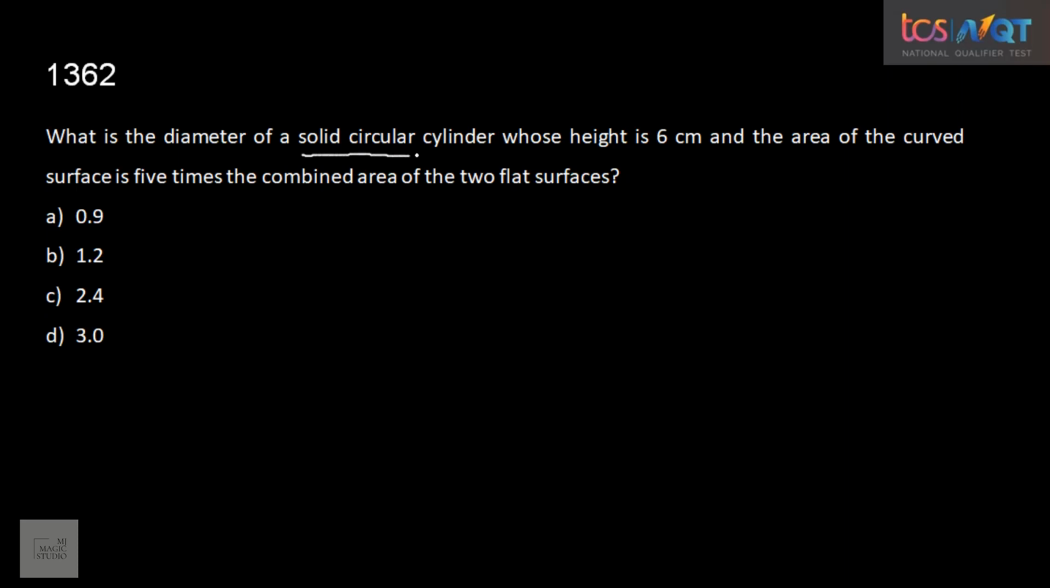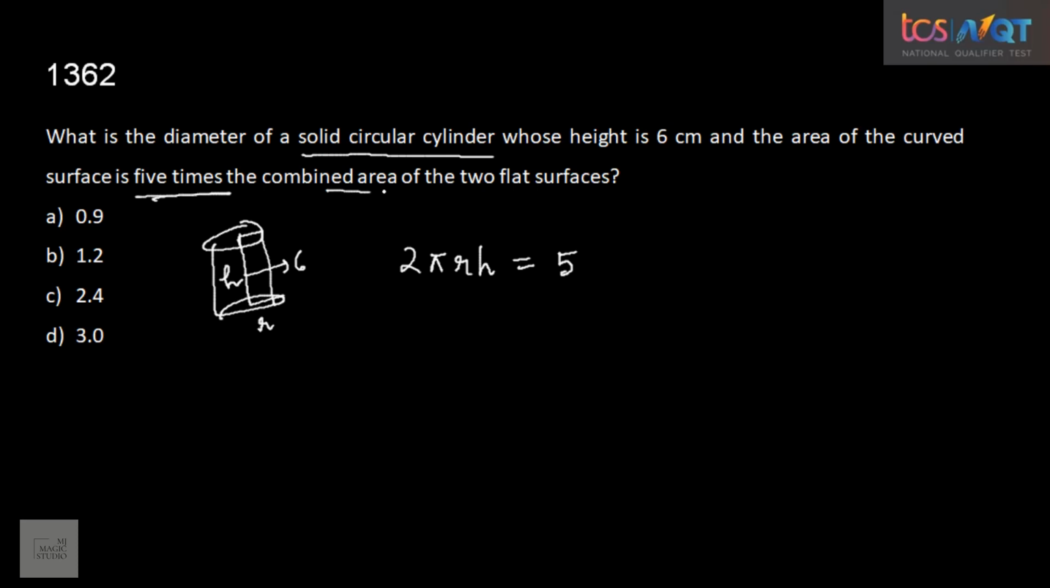What is the diameter of a solid circular cylinder? Okay, for a solid circular cylinder, we have a radius and a height, let them be R and H, whose height is 6 centimeter, height is 6. The curved surface area is given by 2 pi RH, which is equal to 5 times the combined area of the two flat surfaces. Flat surface means these two circles. The combined area of two flat surfaces would be 2 into pi r square. If we solve this,